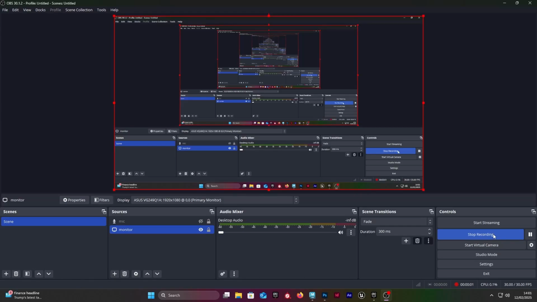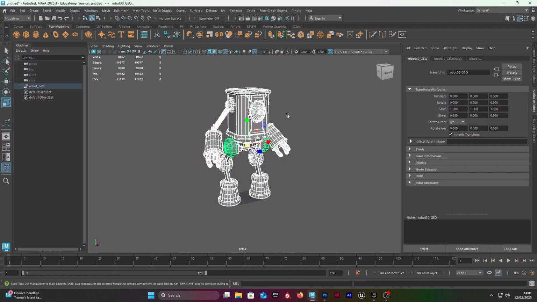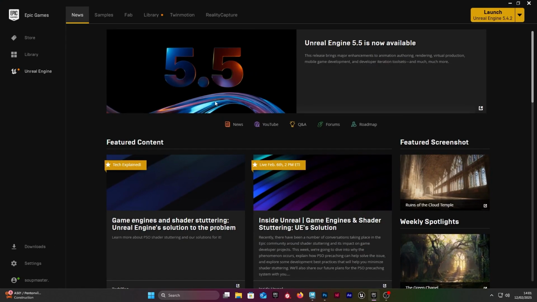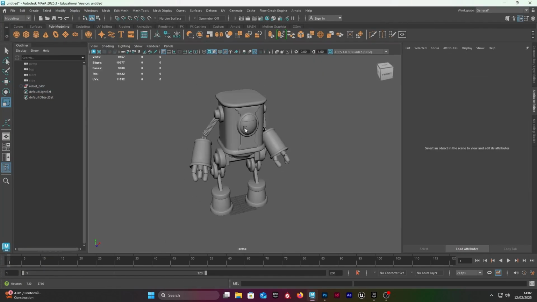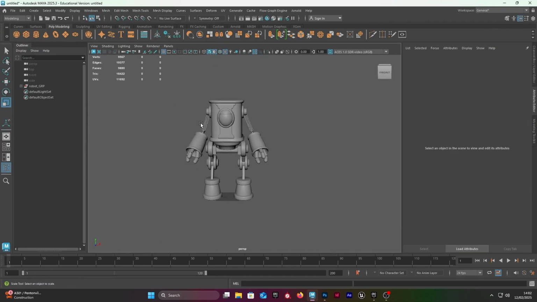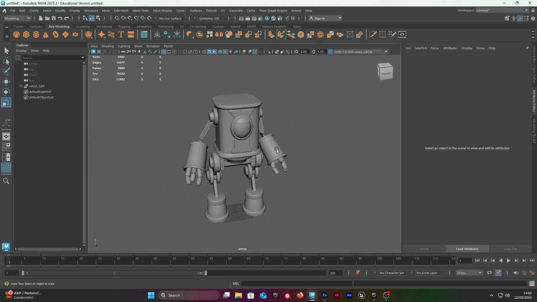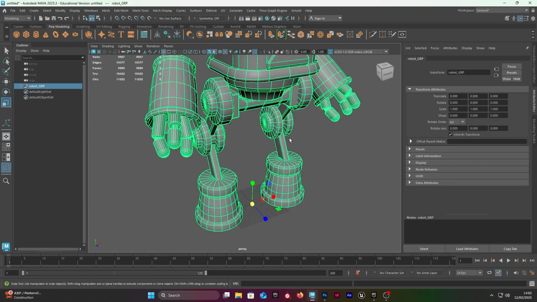Okay, people, this is a tutorial for doing the texture in Substance for the robot, and then we do the Unreal Engine setup. So with this, you should have everything to work on the assignment. One thing before we do the Substance Painter work is that I noticed it was hard to